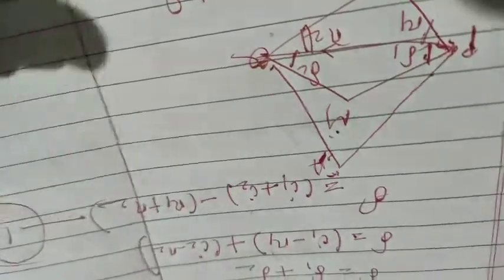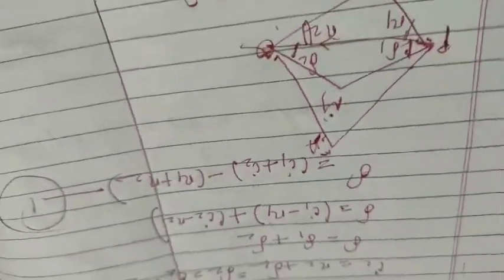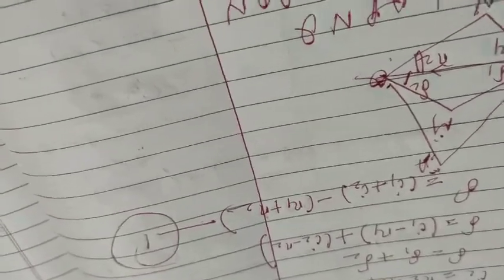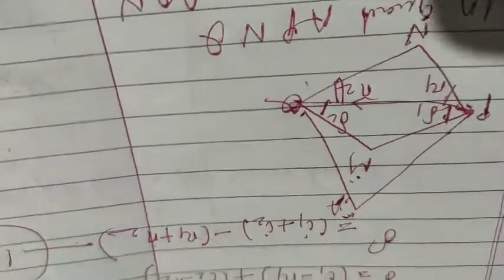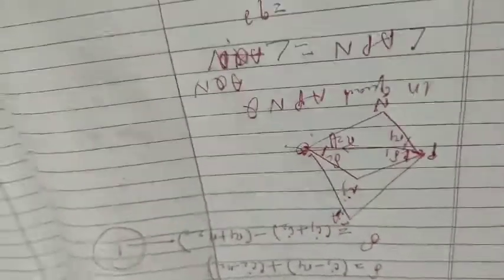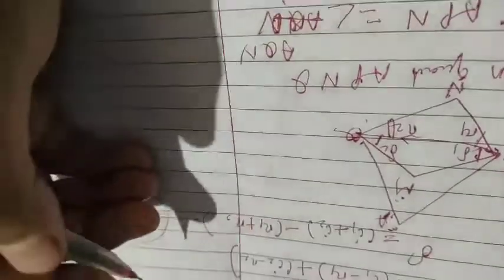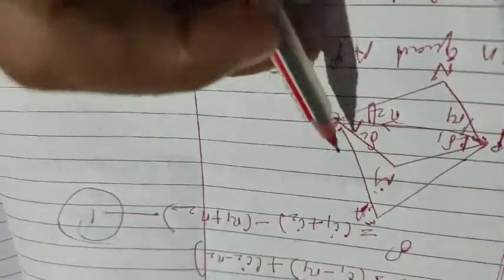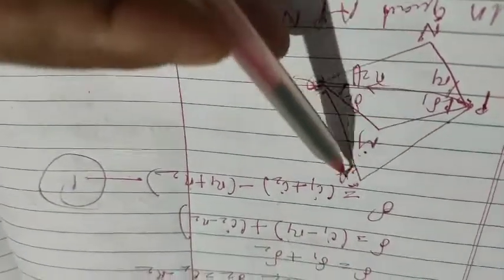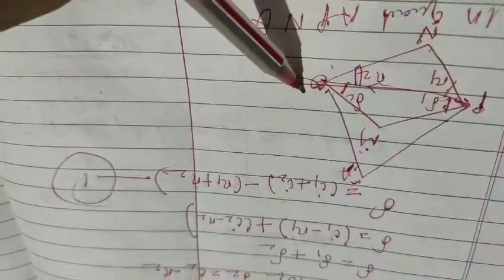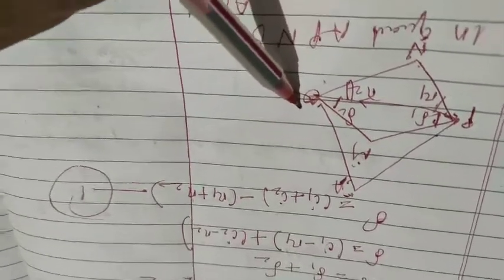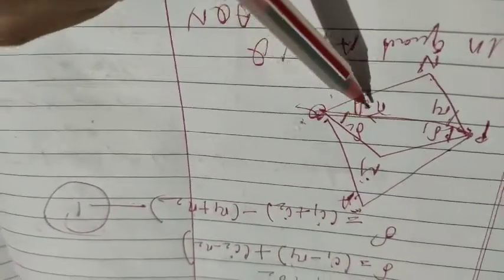You know the rules of quadrilateral. What is that? The sum of the four angles of the quadrilateral is, student, how much? Can you tell me? It is 360, okay? So without introducing any more concept, let us focus on this. You have understood? This plus this plus this plus this is 360 degrees. But instead of going to that part, student, I will show you a very simple method.